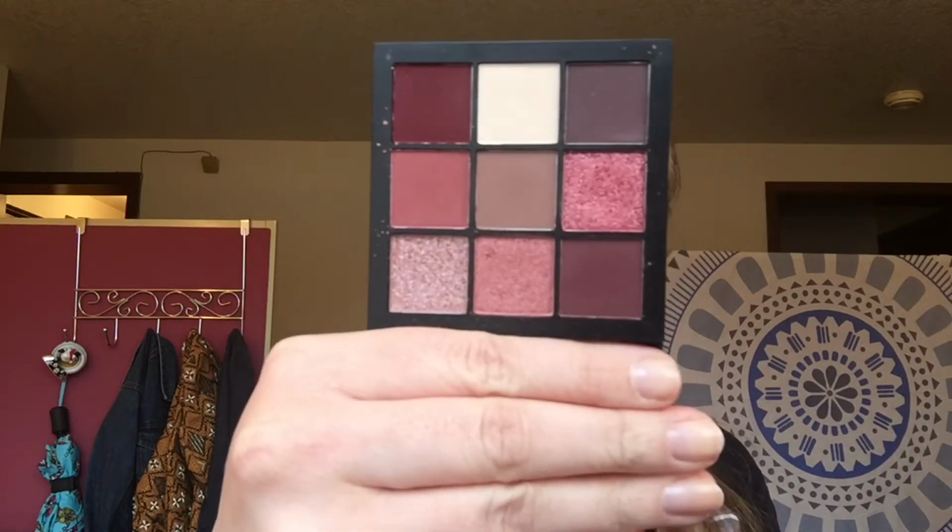Then another impulse buy, something that I picked up in store, is Huda Beauty, the Mauve Obsessions. They had just gotten these in, and this is what it looks like. It is so gorgeous. I wore this the day after I bought it, and I had people like, what are you wearing? What eyeshadow do you have on? And I was like, I'm wearing Huda Beauty. And so like the ladies in Sephora, ladies in,